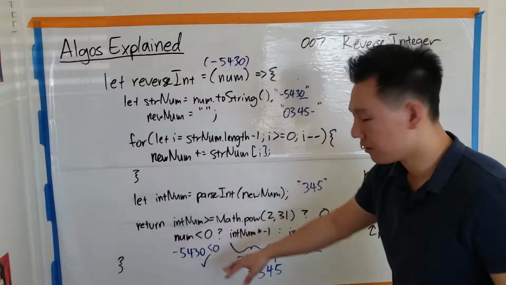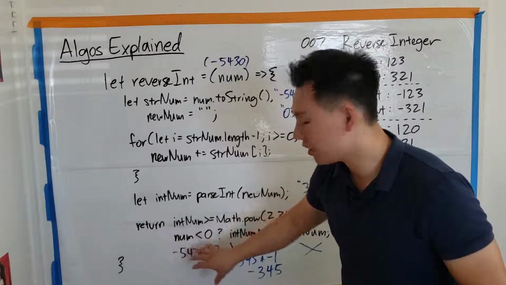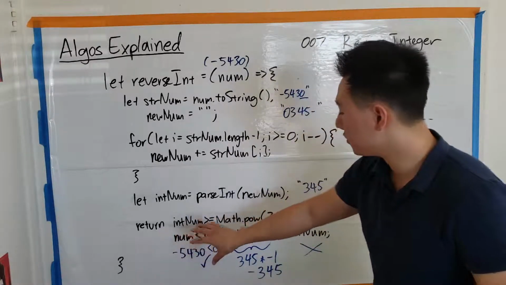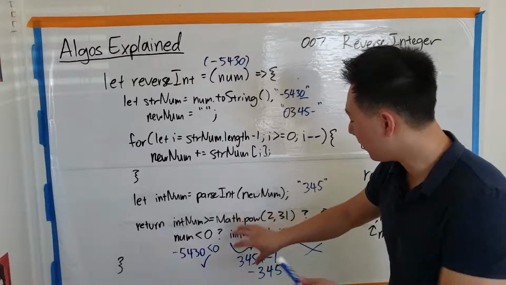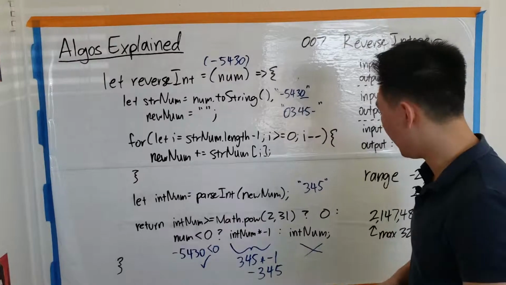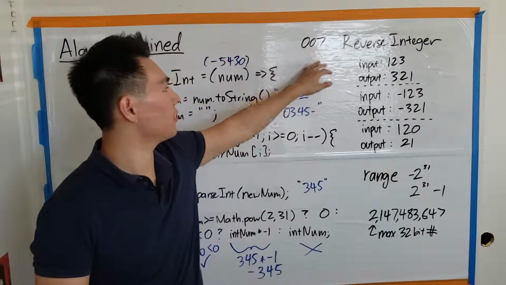So pretty much in a ternary, if you aren't familiar with it, we have the statement, or the conditional, and the question mark denoting if the conditional is true or false. Now we go to either the left side or the right side, the left side being the true, the right side being the false. And so that's pretty much all there is to this question, reverse integer number 7 at